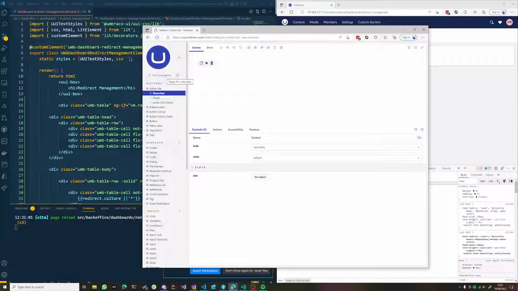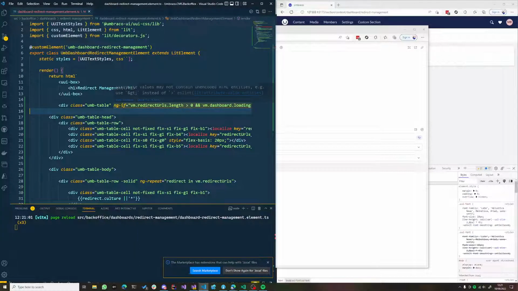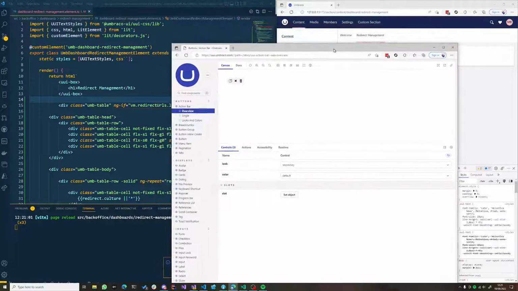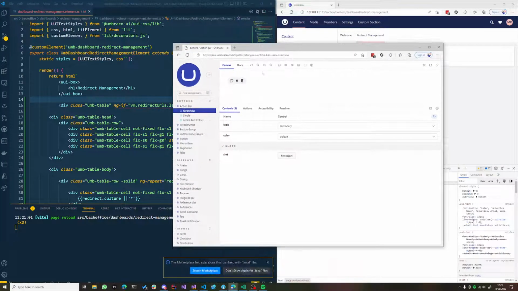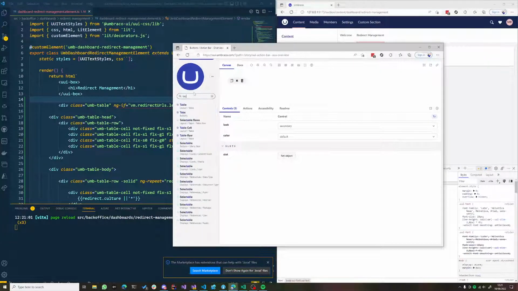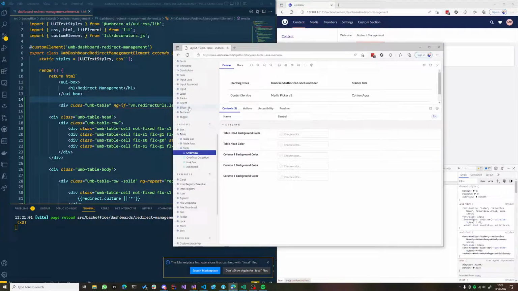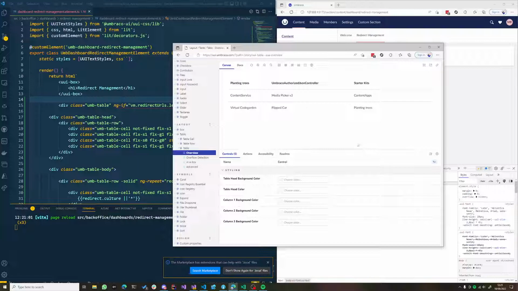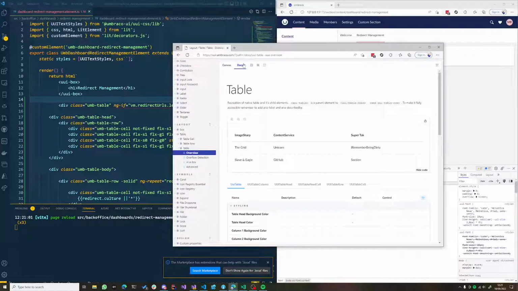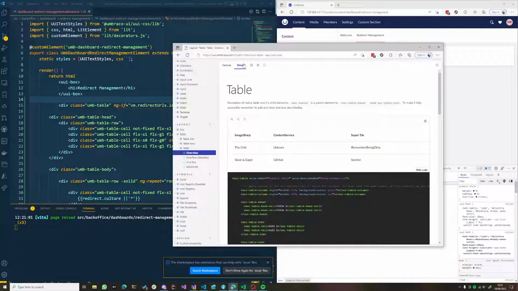So all the AngularJS stuff you see, like the ngIf and ngRepeat, they are just being ignored because the browser doesn't know what to do with them, and Lit doesn't know what to do with them either, but it's not exactly failing. But if you did put them into an AngularJS template and you didn't have the scope set up correctly or a controller, you would probably start seeing errors in the console. So here we can just work from that and try to build out the table